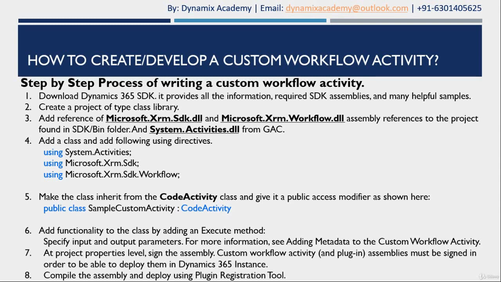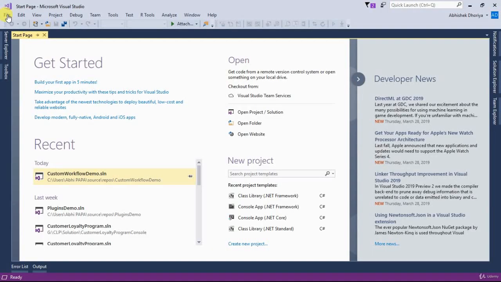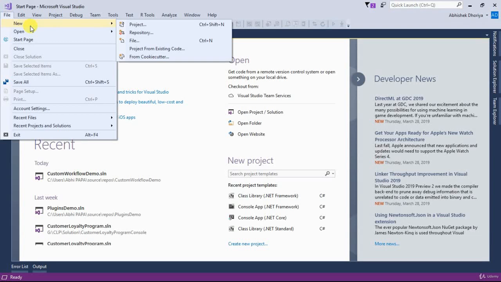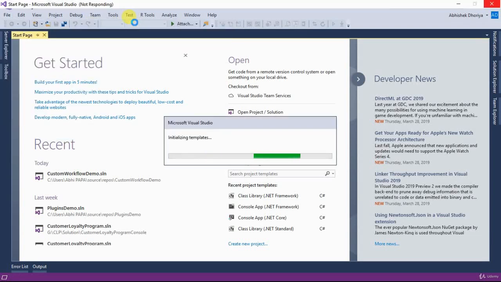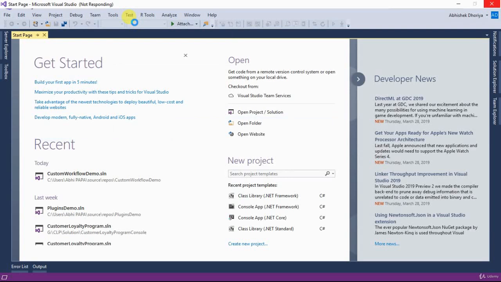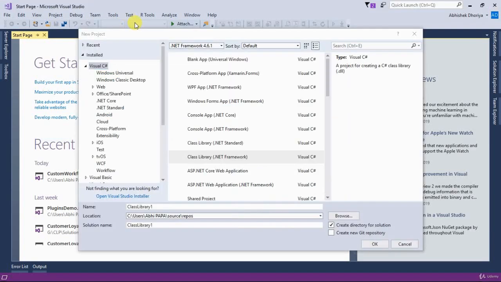So now I will open my Visual Studio and show you. This is our Visual Studio and I am going to create a new project. It is a very simple step, and the template you need to select is of type class library.